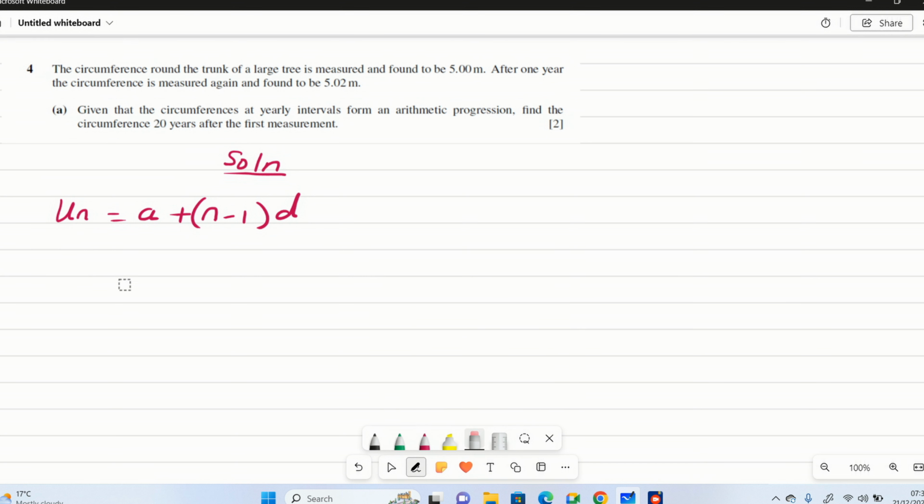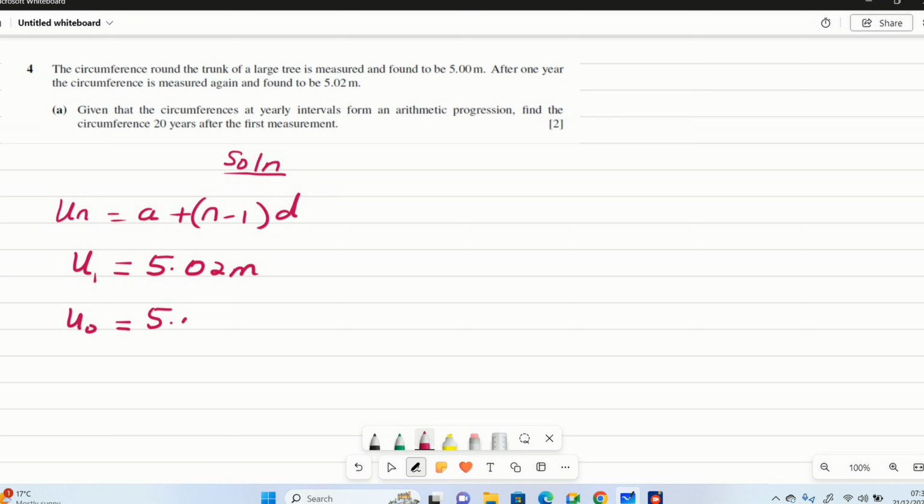Let me use U1 because the formula makes use of U. So U1 is given by 5.02 meters, and U0, that's just the measurement that was there,